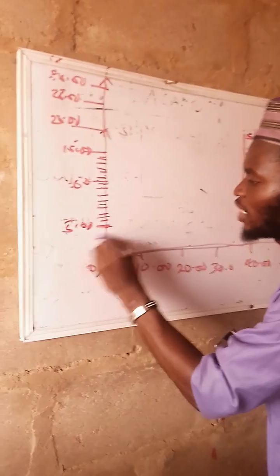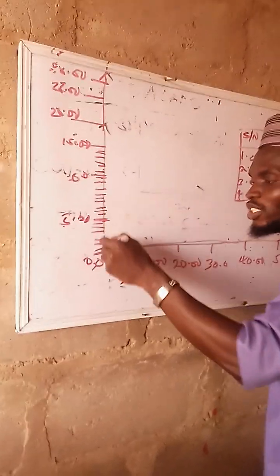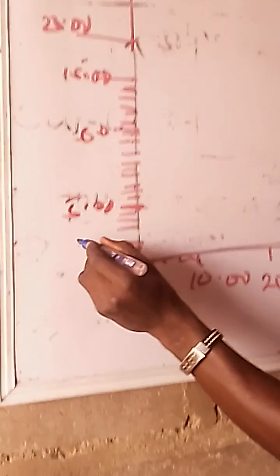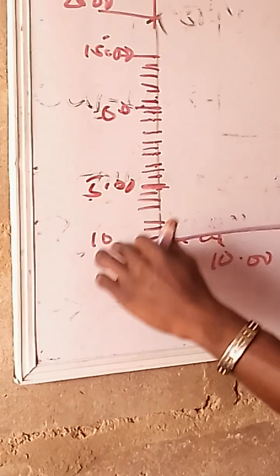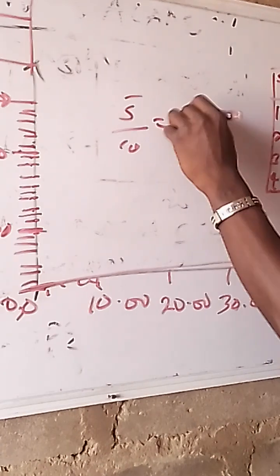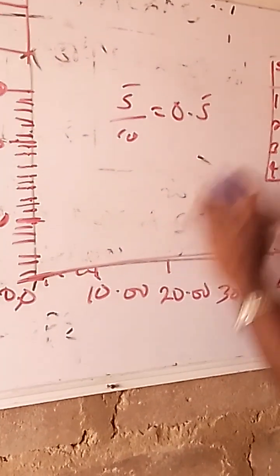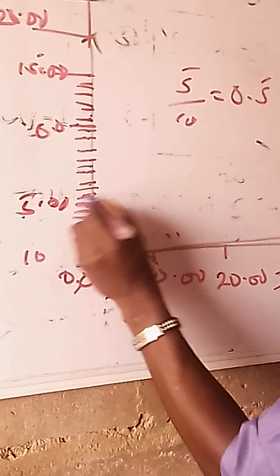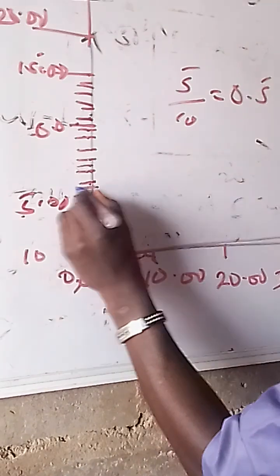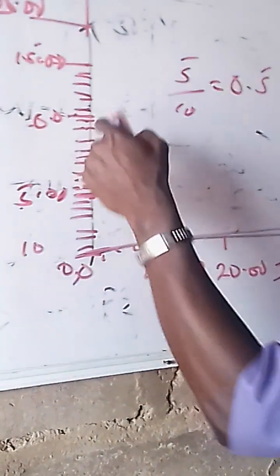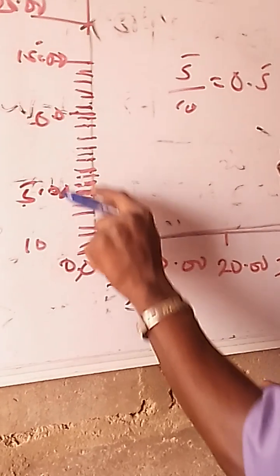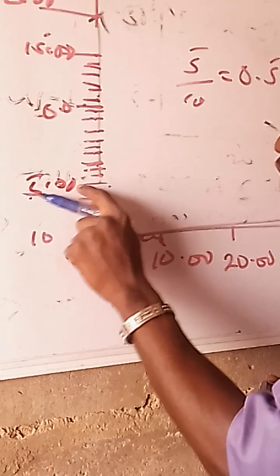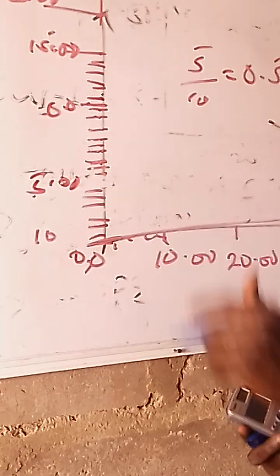Now this is another line up to 10. How many spaces is this? As we stated earlier, it is 10. You will just say 5 divided by this, the first unit. Divide this by 10. 5 divided by 10, I trust you on that. It is 0.5. That means each line, start from the second line, is 0.5. If the first line, after this thick one, is 0.5,